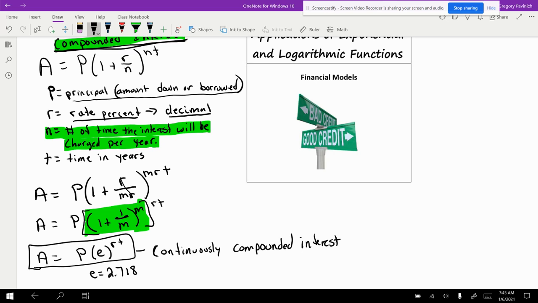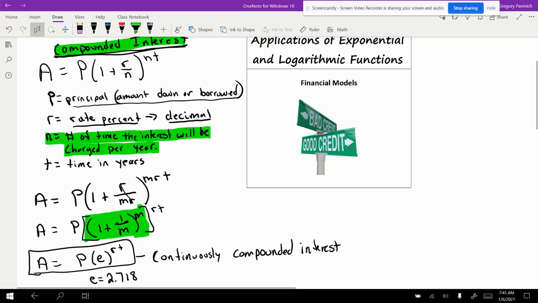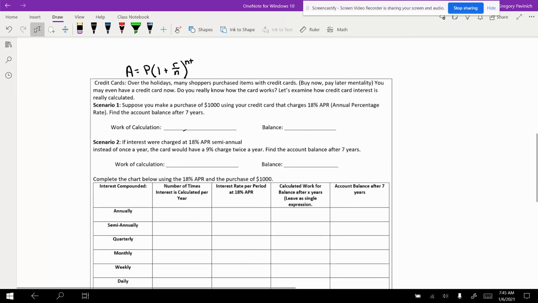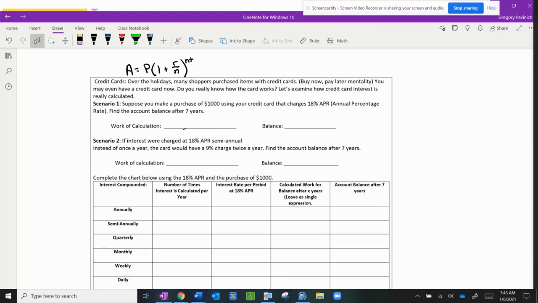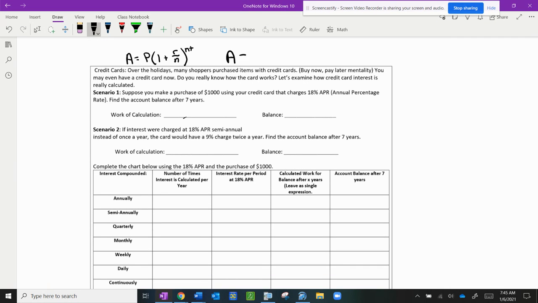Okay, so that means it's going to be compounded at such a small rate or time interval, it really doesn't matter anymore. Okay, so we're going to look at these two formulas. We're going to look at the continuously compounded interest and the compounded interest, and we'll take a look at this. Okay, so that brings us on to our next page. And we are going to look at these two. So A is equal to P e to the rt. Remember, e is just that irrational